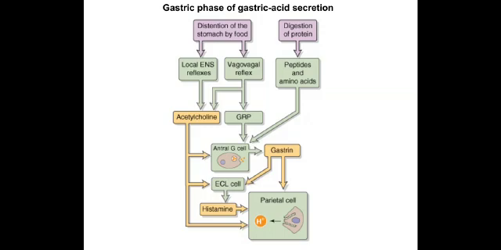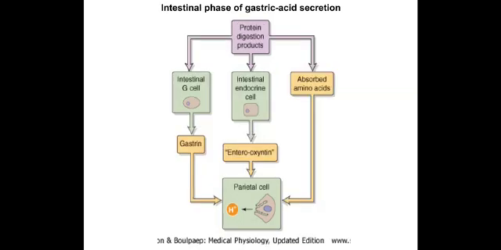The main hormones in the gastric phase are gastrin, bombesin and histamine. All of these are very essential to stimulate the parietal cell to release hydrogen ion. The intestinal phase is the presence of food in the upper portion of the small intestine, which causes the stomach to produce small amounts of gastric juice. The hormones responsible are gastrin and bombesin.